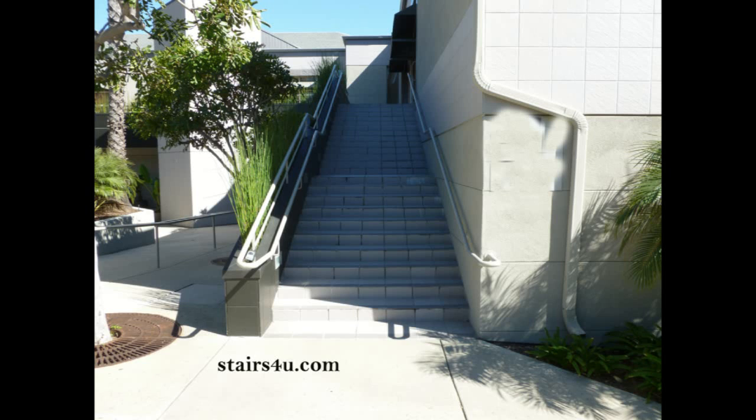You've probably heard me refer to design and planning problems, and this could be one of those problems. You are going to run into certain cases where stairs need to be in a particular spot, and there isn't much you're going to be able to do about that. And again, this could be one of those situations, but I am here to warn you